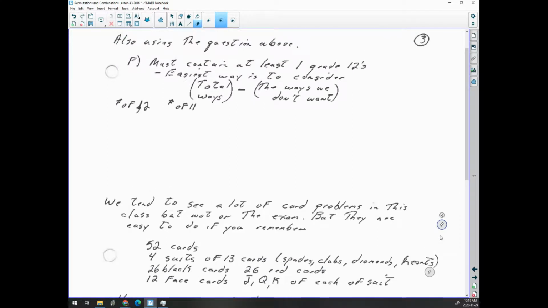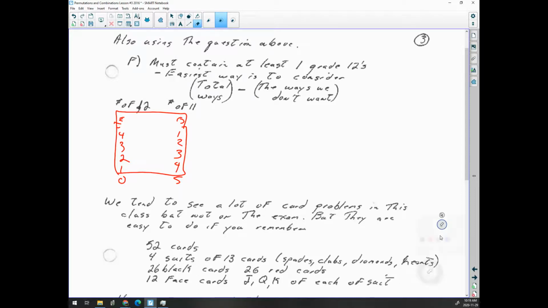Okay, now must contain at least one grade 12. Now, at least one grade 12 is everybody in that box. That's 1, 2, 3, 4, 5 separate calculations. Well, actually 10 calculations. But you notice what we have here is this entire thing that I am just about to circle,